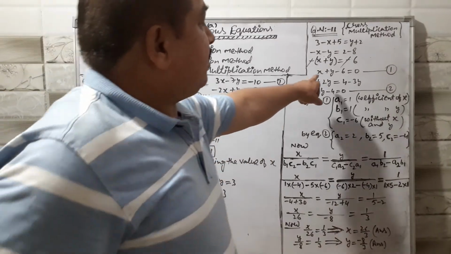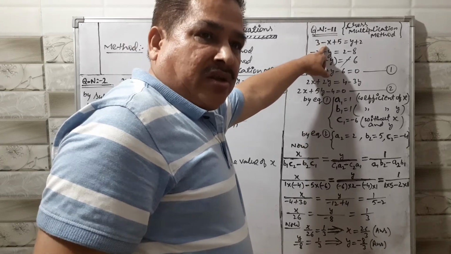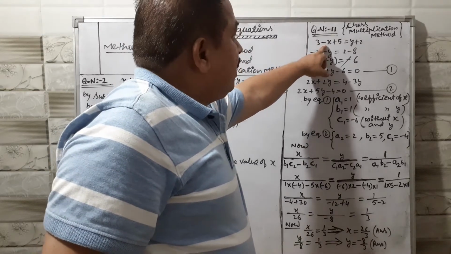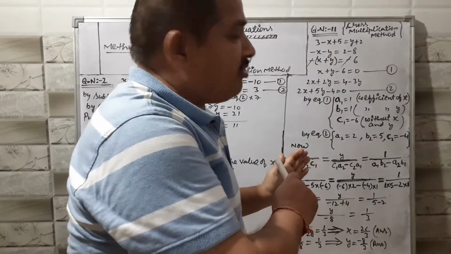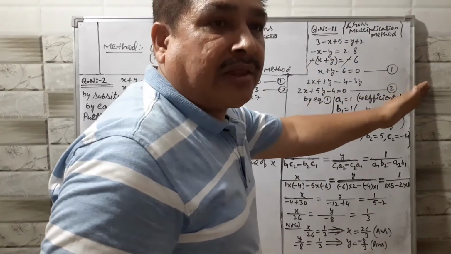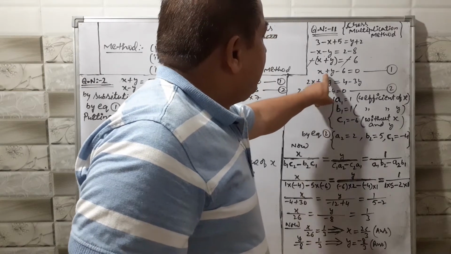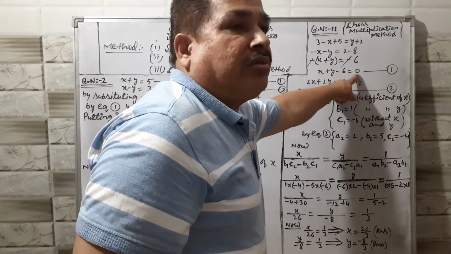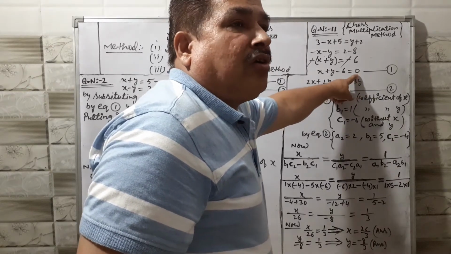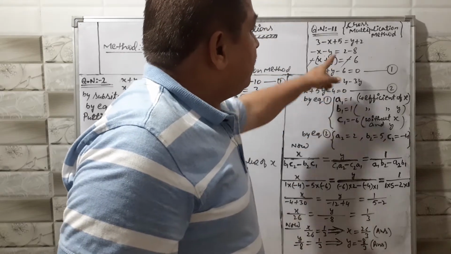See these equations here. Look at here. This is the equation which is given in your book. This equation, first of all, you will change into such a form that 0 should be on that side. So see here, it is coming x plus y minus 6 equal to 0. So this is your final equation 1 by solving this.